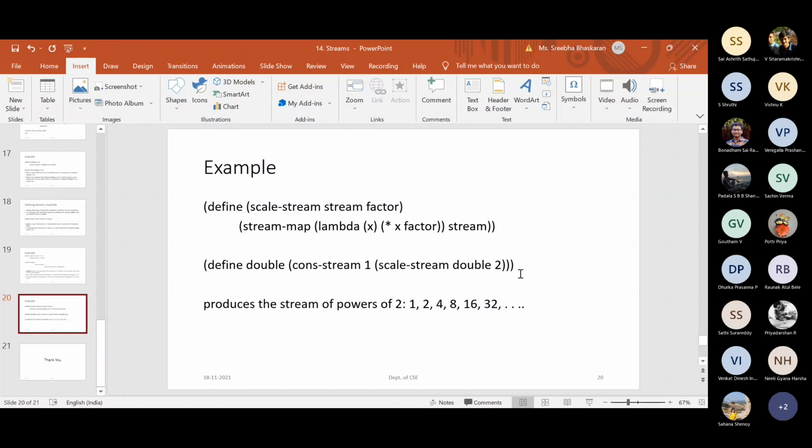So these are the types of questions which you will come across. Otherwise, you will be asked to recognize whether it is an implicit stream or whether it is an infinite stream, and the advantage of the infinite stream and the streams concept.